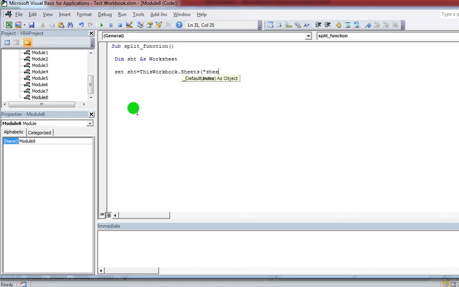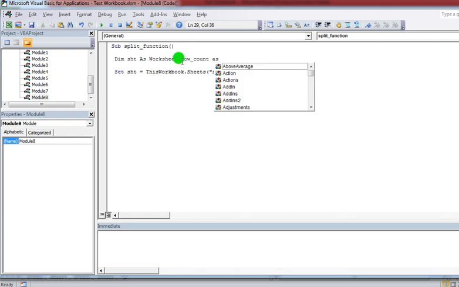My input is in Sheet4, right? Now guys, I'm declaring one more variable, row count, to find how many rows of data are filled. I'm declaring row count as a Long.